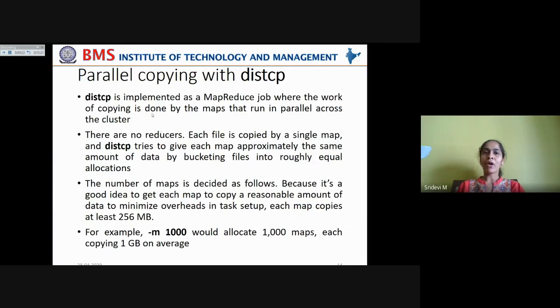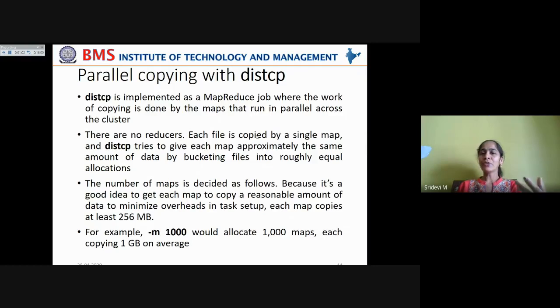All commands using distcp are implemented as MapReduce jobs where the copying from one cluster to another is done by map jobs that run in parallel across the cluster. There are no reducers in this case. We are using only maps, because maps are responsible for copying data from one cluster to another. We are not using any reducers because we are not consolidating any data from a reduce phase.